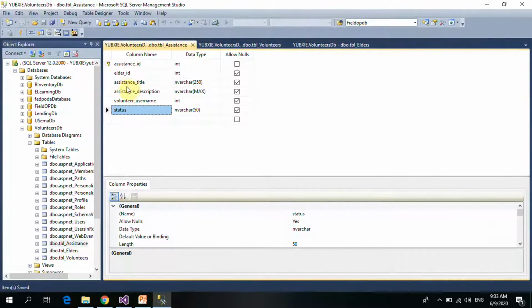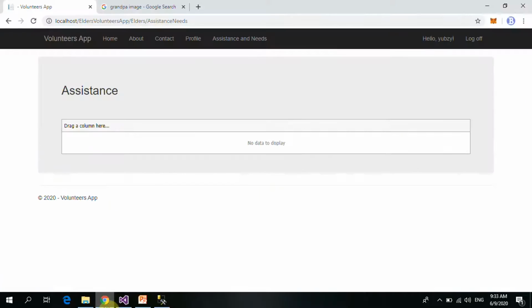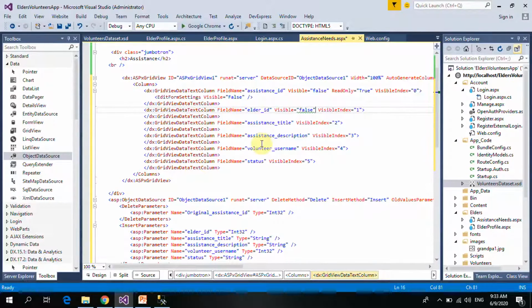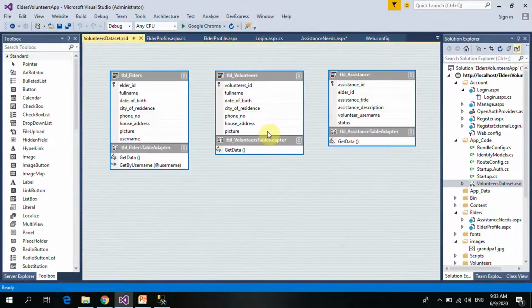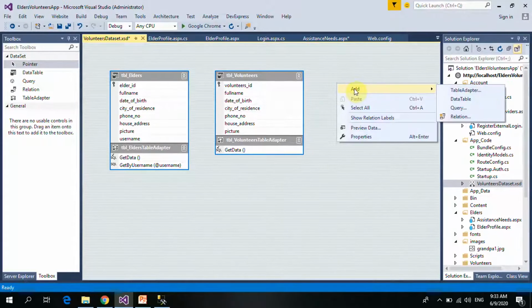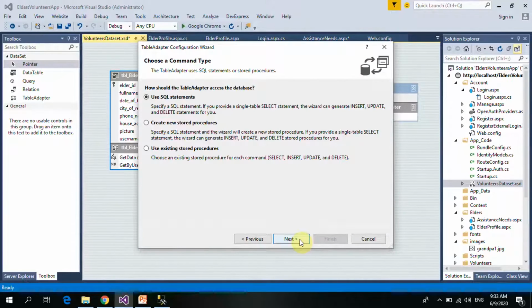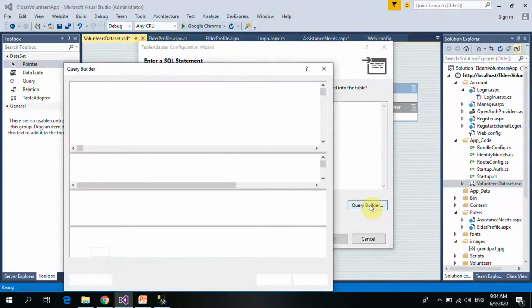and then let me change this to our character 50. I guess we need to redo this again. Using the username will be much better. So add table adapter, click on next, go to next, query builder. We'll refresh this since we've made changes. Then we'll go to our systems table, add close,